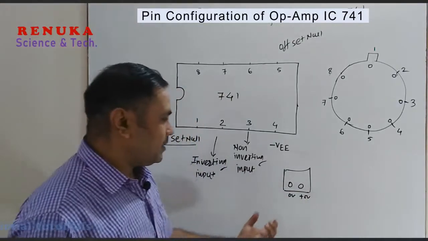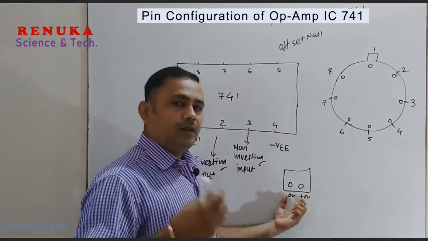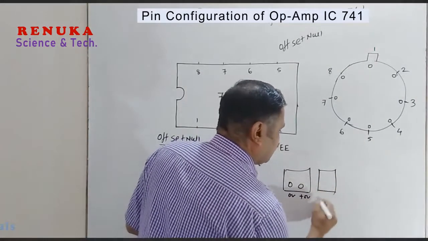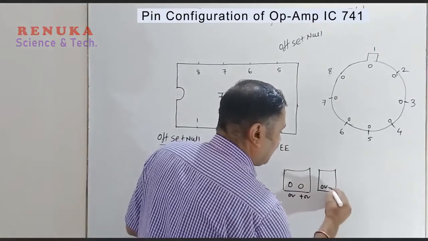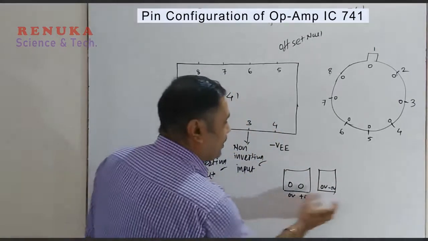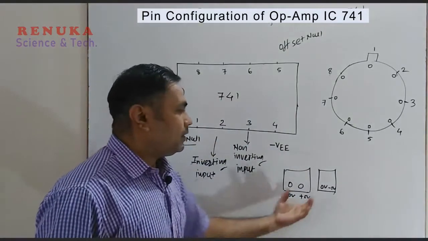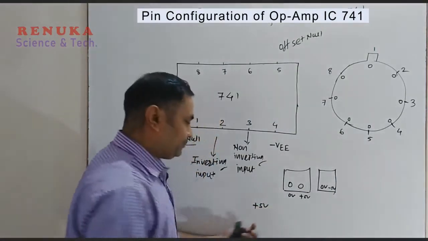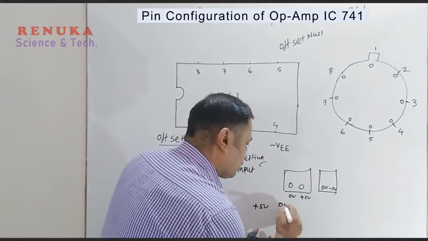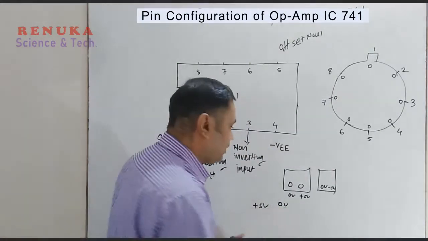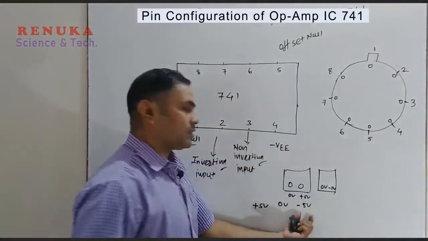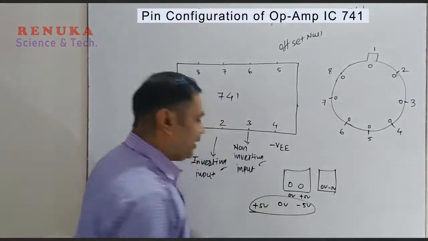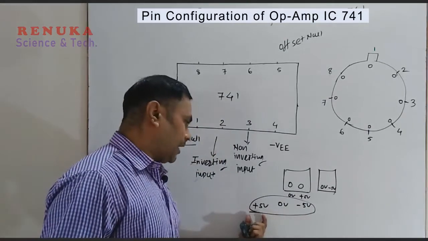If it is a dual power supply, that means it can give positive as well as negative voltage. In the same way, suppose there is a negative supply with 0 volt and minus 5 volt. If you combine these two power supplies, that will constitute the dual power supply. That means it will have a connection like this: plus 5 volt, 0 volt, that means the ground terminal, and also the negative voltage, that means negative 5 volt. So this type of power supply provides two types of voltage, positive as well as negative.